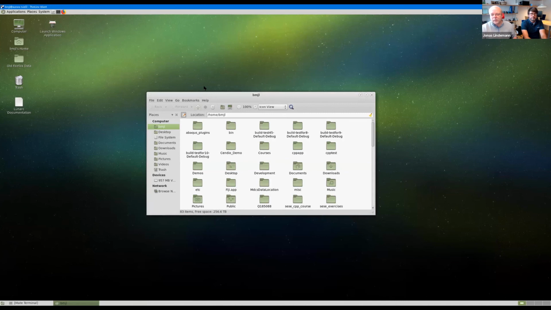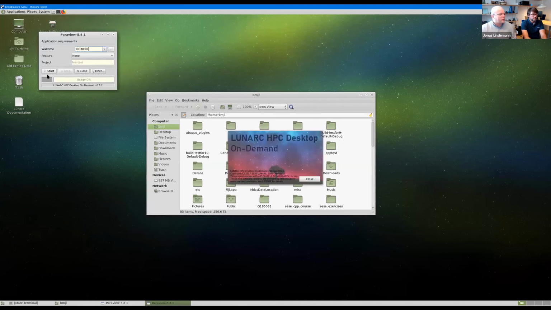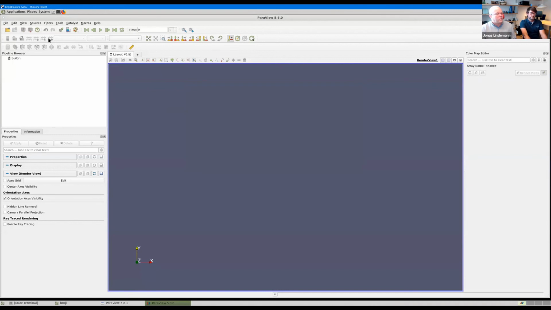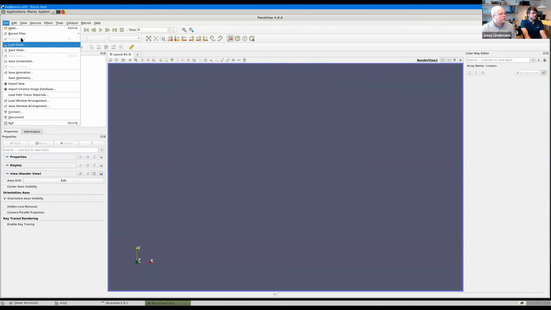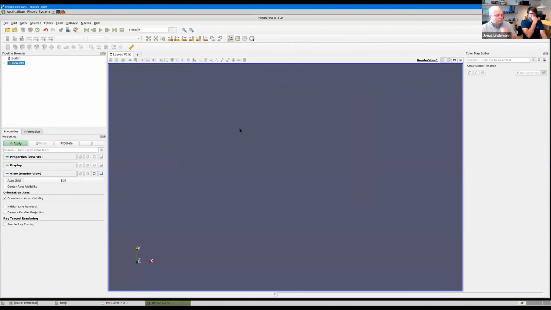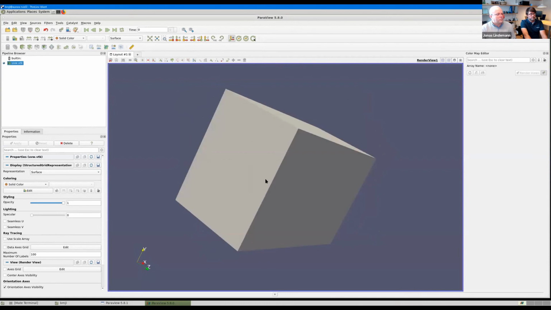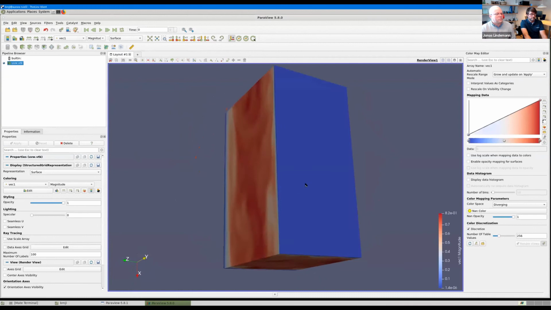The next demo I will show you is ParaView. So we have also here running ParaView 5.8. And I will load a model here. I can do it like this instead. So this is a vector field here.